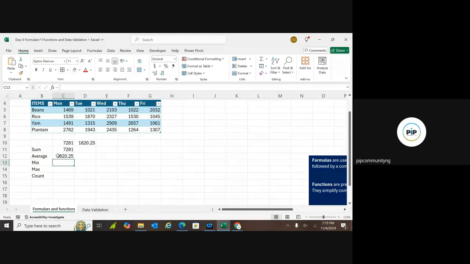Okay, so this is using a formula, and this is using a function, then this is using a formula. All right. So if we want to find the mean here, if we want to find the mean, I think